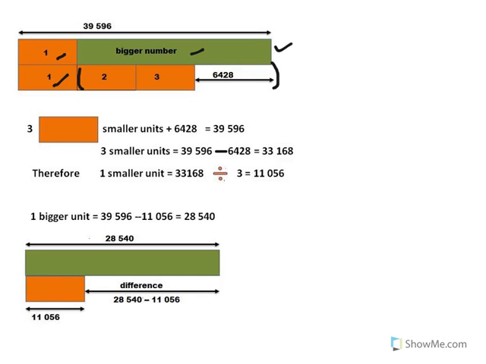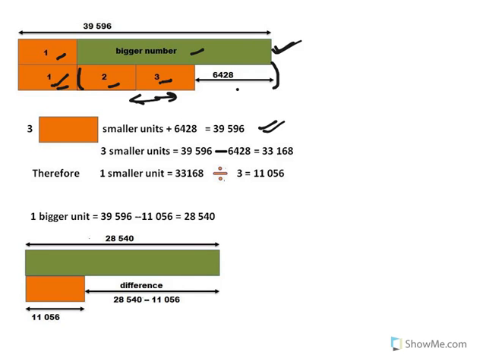Instead of using one larger number, we have used this combination. So now we can see 1, 2 and 3, 3 times the smaller units plus 6,428 is equal to